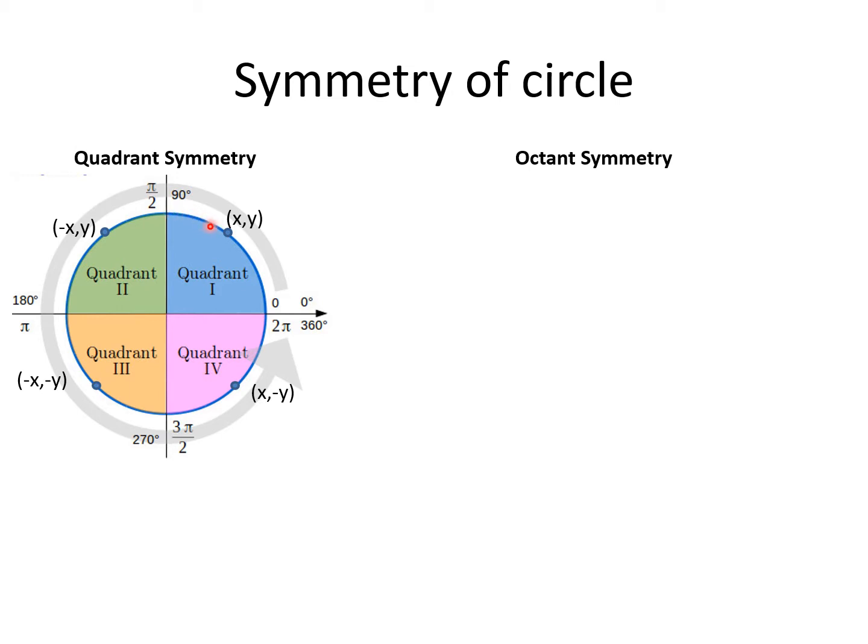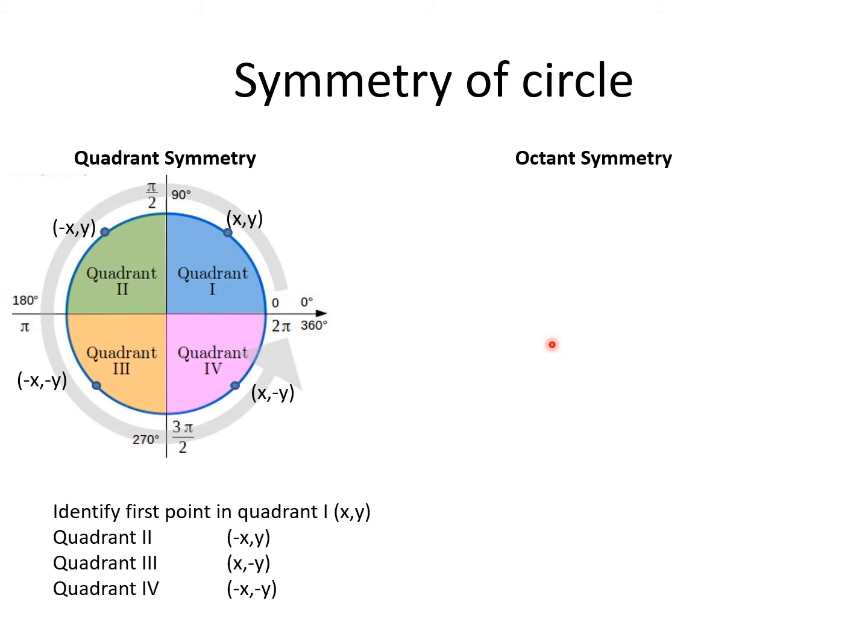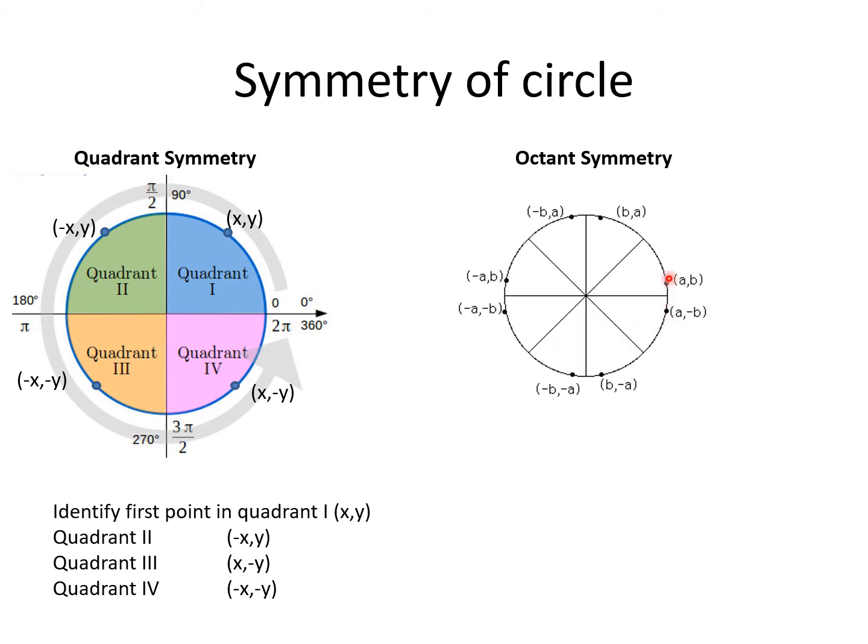So calculation will be performed only in the first quadrant. We'll calculate the pixel position along this first quadrant, and for the rest of the circumference of a circle we'll get by simply putting a sign in the appropriate place for all other 3 quadrants. Similarly, in the octant symmetry, circle is divided into 8 equal parts and calculation is done only in one octant of a circle instead of performing calculation in the entire circumference.